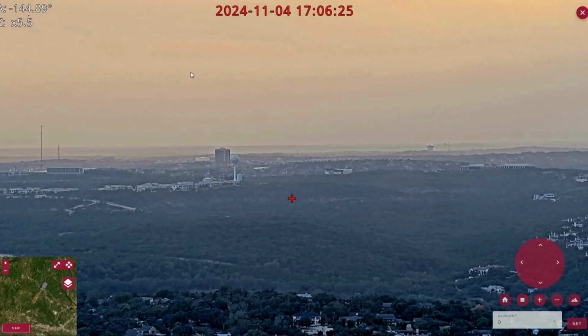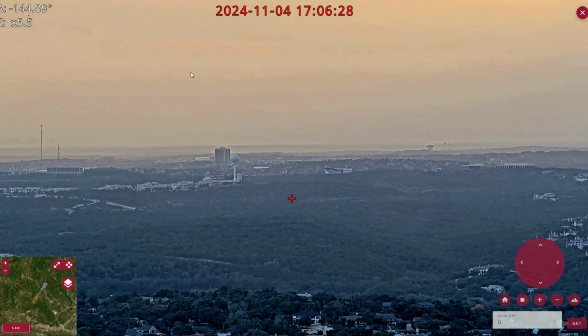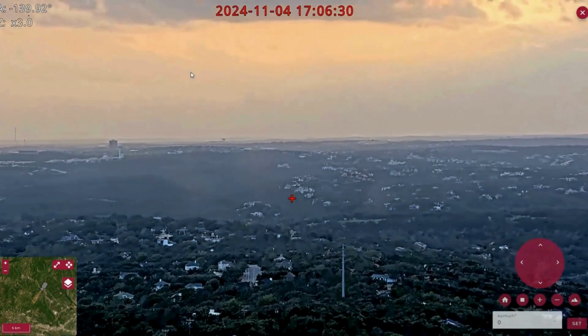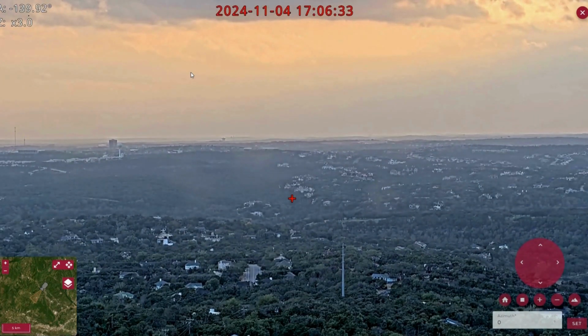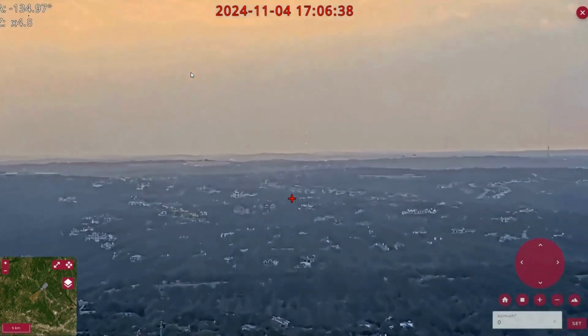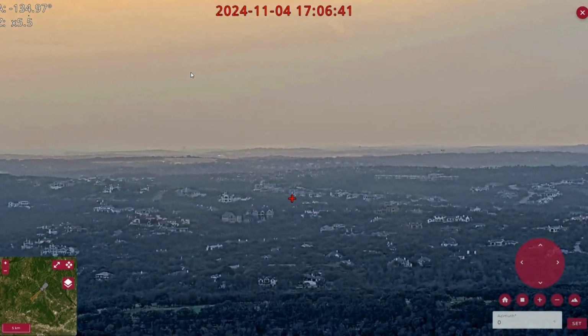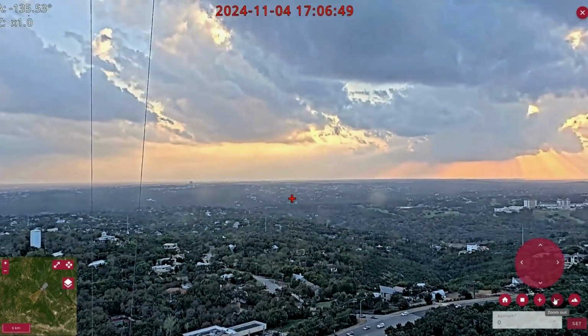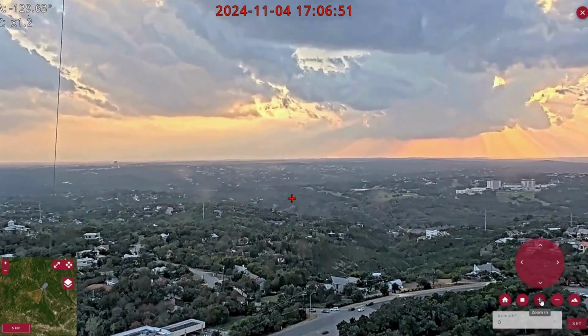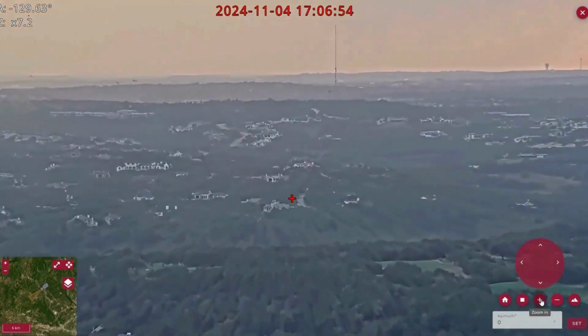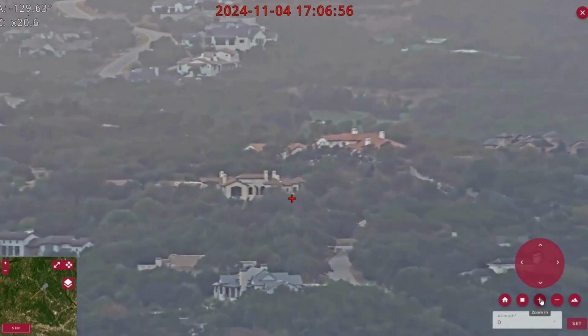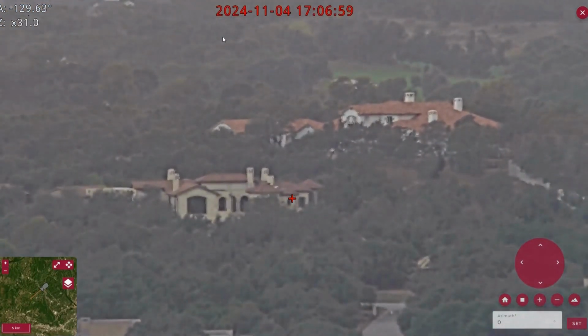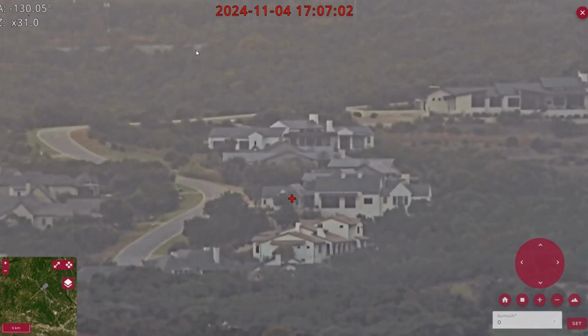Detectors update their frames every 2 minutes, which is also the case with PTZ cameras on the live tab itself. But here we have a continuous live broadcast. The camera is currently in scanning mode. If we don't do anything, it just moves. We can control it. We can zoom out. Just like here, the camera is equipped with 30x optical zoom, giving you a great margin to see potential threats